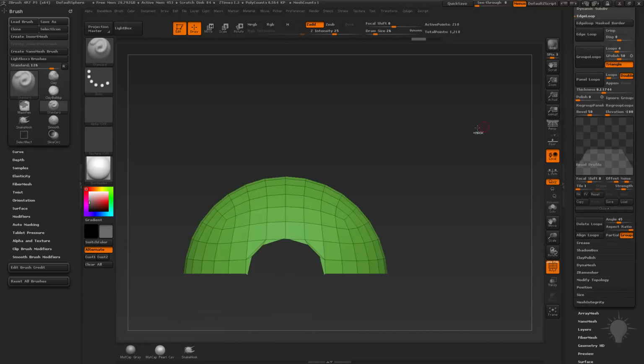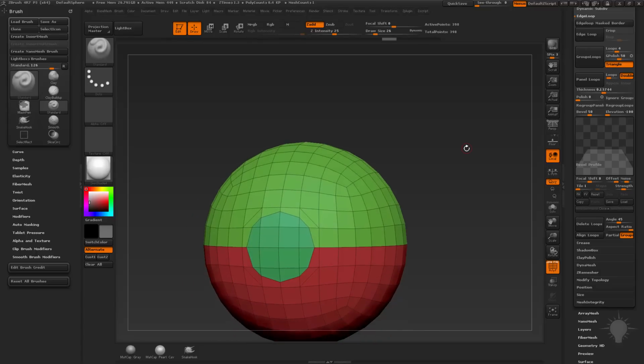So I'm going to go ahead and undo that all the way back. So what I basically want to do, I don't need 5 loops. Let's go ahead and just change that to 3. And I don't need this bevel profile here, so I'm going to hit reset. And the other thing is, if I just hit panel loops now, what it's going to do is leave a